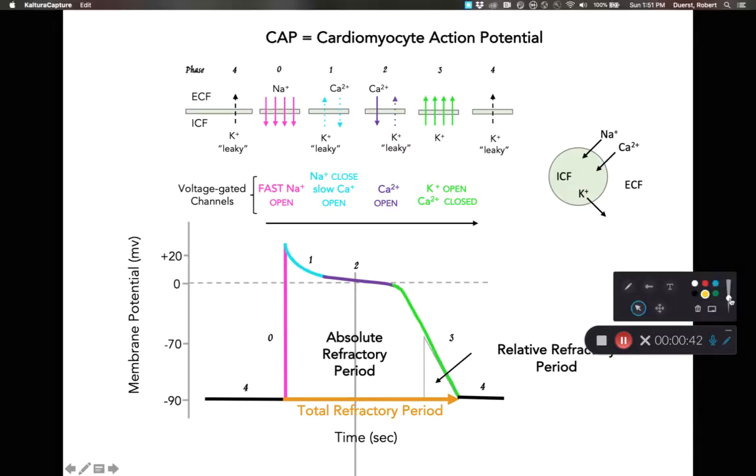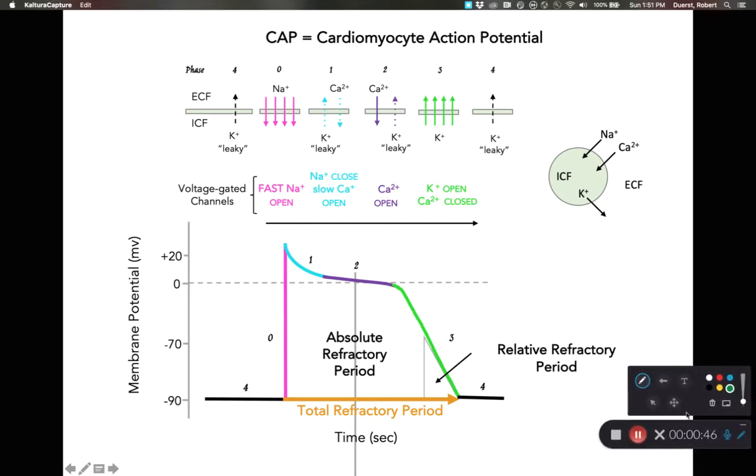As we look at our CAP graph, we're going to focus on the cardiomyocyte action potential. CAP stands for cardiomyocyte action potential, and this CAP graph is going to be broken up into phases. I'm going to start at the beginning, phase number 4, because I'm a pretty linear guy, and I also like resting potential. So during phase number 4, we have potassium ions that are